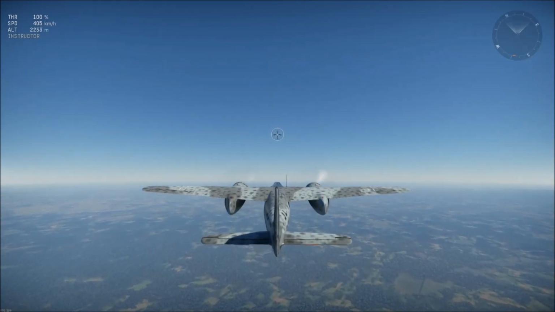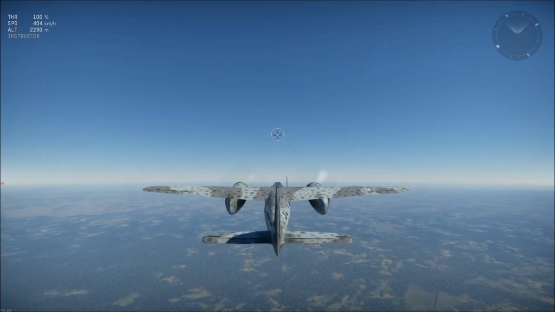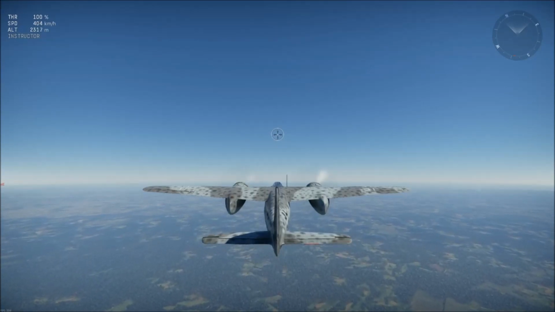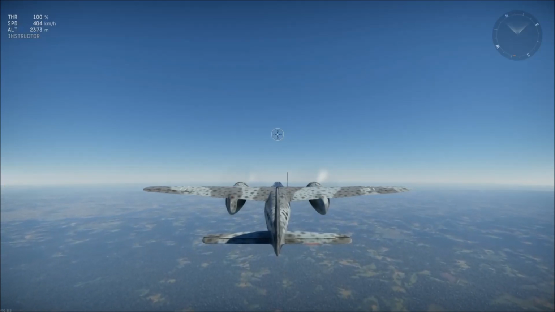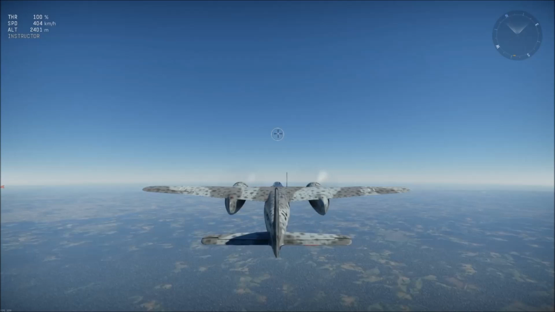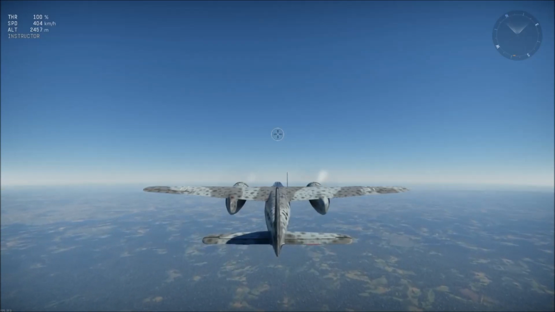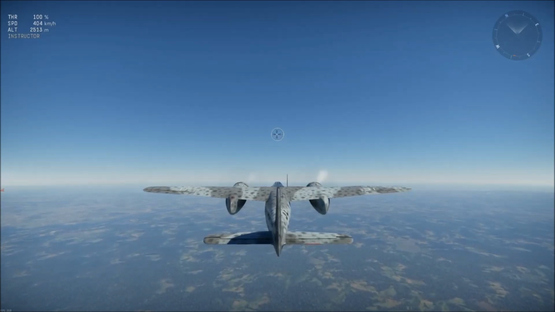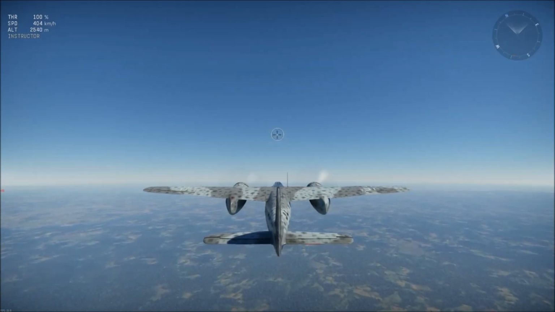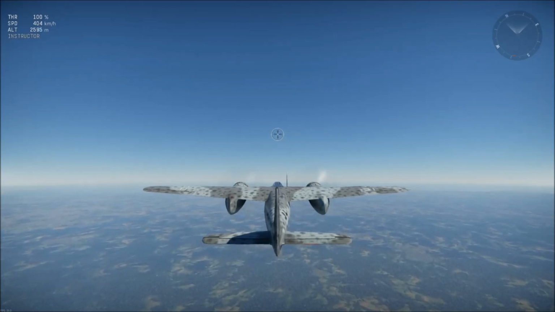It will not match up well in a dogfight, but it's still pretty capable. So versus the Spitfire Mark 5C Tropical, the TA-154 has a 67 kilometer per hour higher top speed, 6.8 second higher turn time, 3.4 meters per second lower climb rate, and about 4.85 kilograms per second higher burst. So the Spitfire actually has a fairly high burst for what it is, but it still cannot match up with